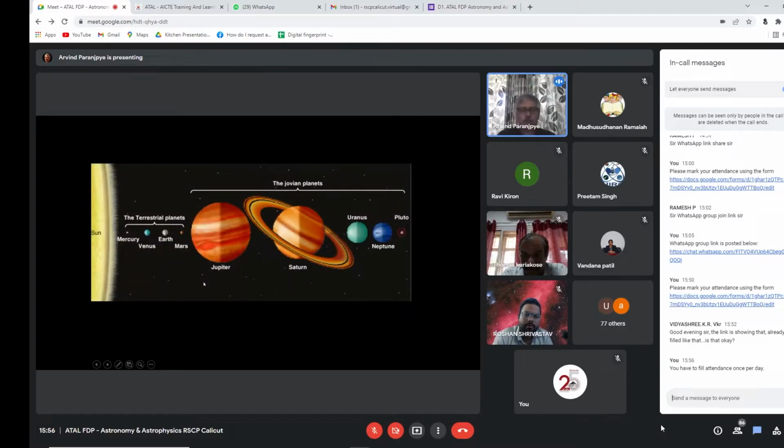But coming to our solar system, what we have is the sun in the center, and these are the planets rotating around the sun. Pluto, which was called a planet at one point in time, is no more a planet, because Pluto is too small in size, as I was telling you. Its orbit actually comes inside the orbit of Neptune. And therefore in 2006, astronomers debated very strongly, and a new category of planets was made, which was called